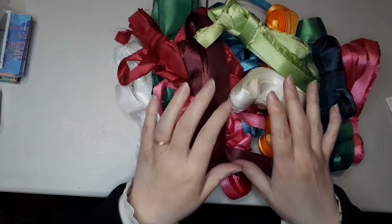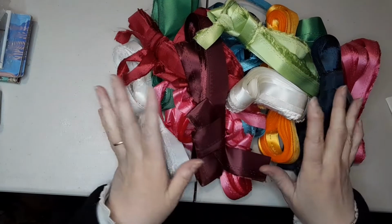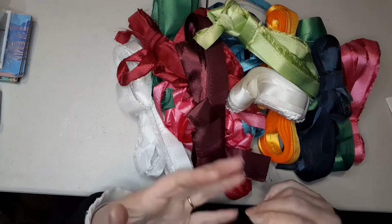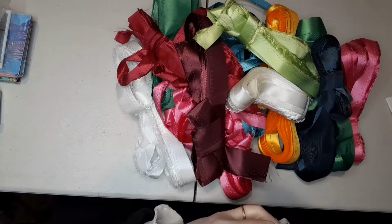Now what I've got in front of me, I should say before I start, is the place I went to is called Creative Junk. And it's a warehouse full of materials that would normally end up in landfill. So things that people have donated that are left over, like leftover sewing scraps or paper scraps, and also materials left over from manufacturing processes